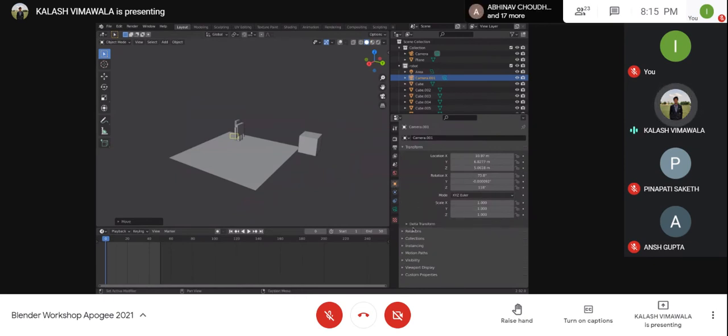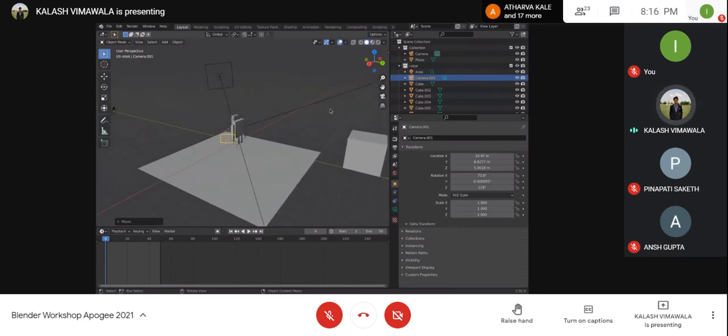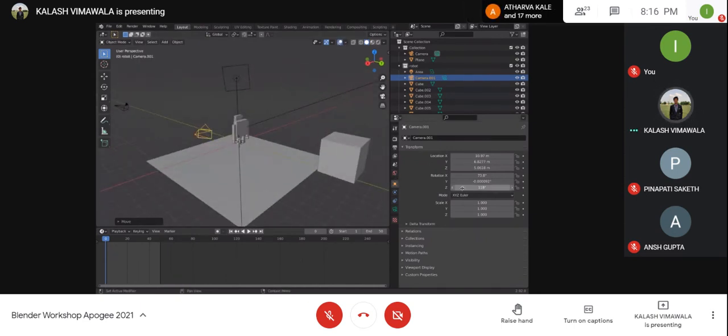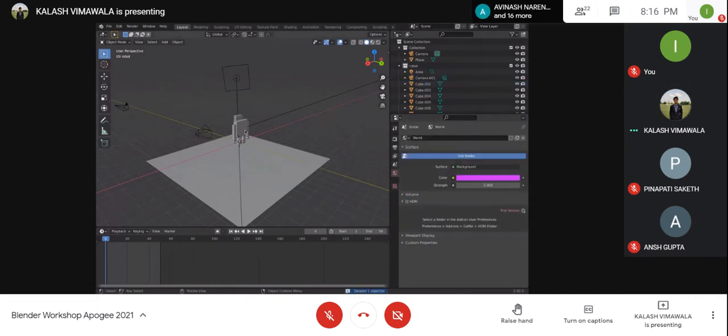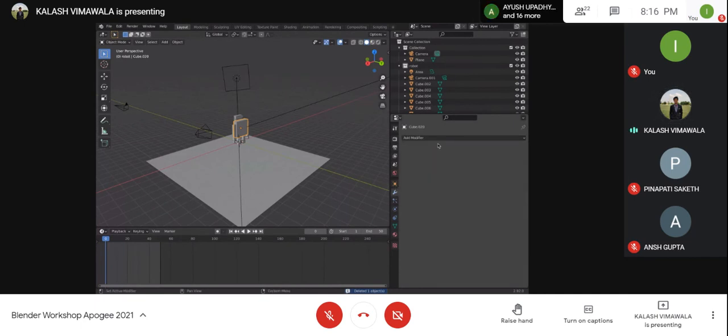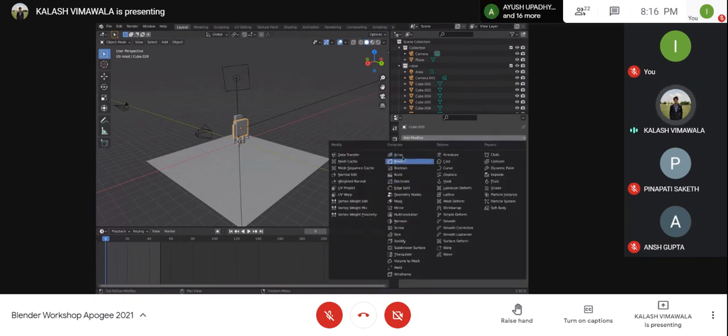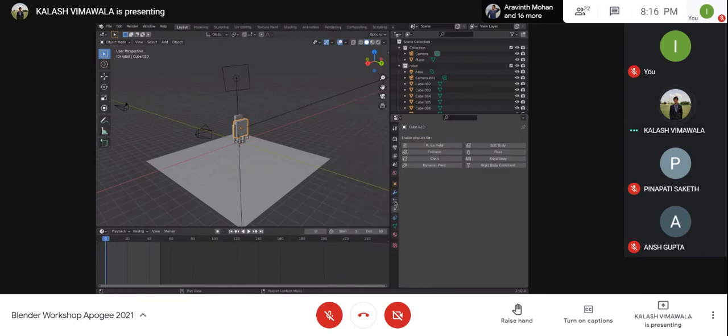Then you have all these settings for transforming your object. Whenever you have any object selected, how you transform it goes from here. I'll just delete this cube. Over here, select this. You have modifiers, as Ishan already mentioned, that has array, bevel, boolean, all of these things. And you have physics, right?